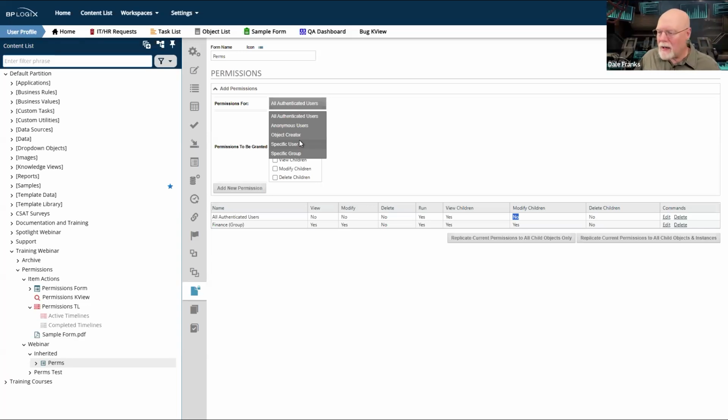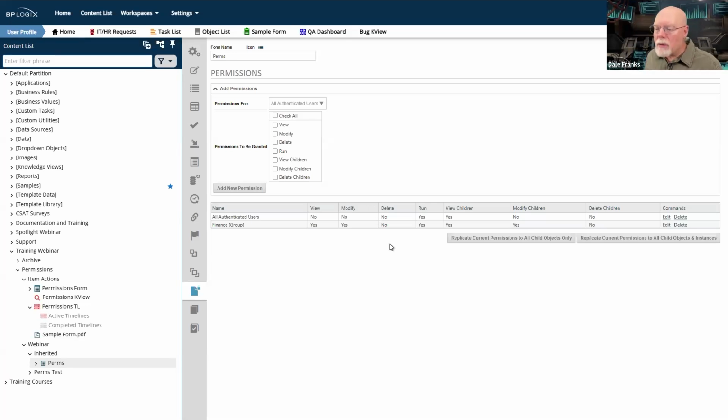So if I get assigned a task and I have modify children equals no, which means I can't make changes to it and I can't save it, then how can I complete my task? Whenever a form and process timeline are running and you're assigned a task and you become a task participant and you get to see the form as a task participant, special magic is just going to automatically happen.